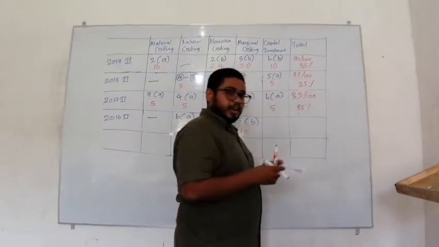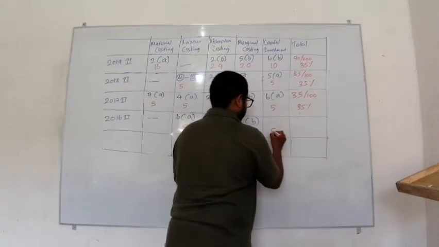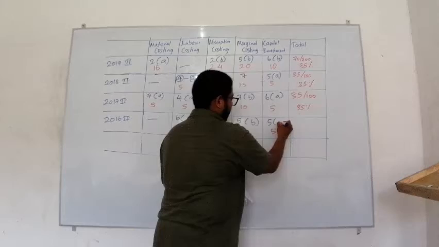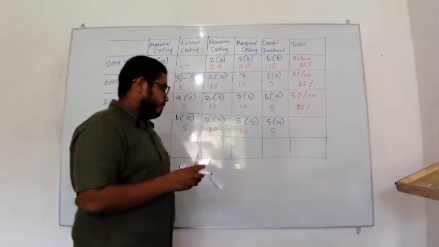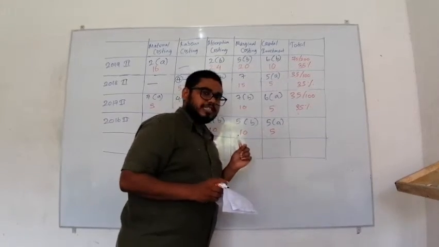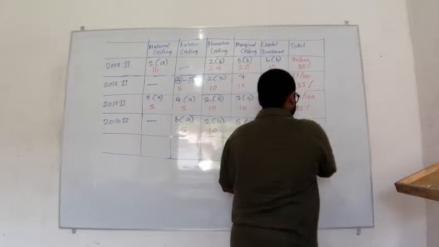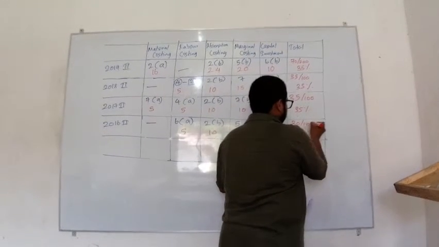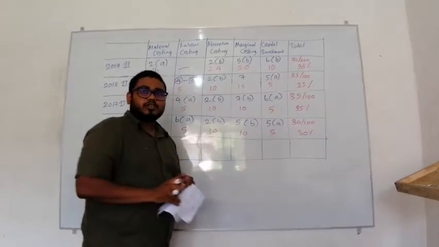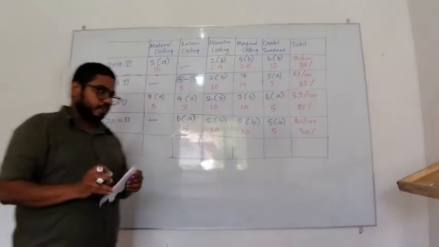And also you can find a question for capital investment which carries 5 marks, which is question number 5, part A. And when it comes to total marks in the 2016 paper, we can find a total of 30 marks out of 100, which represents 30% of the total marks allocated to paper 2.